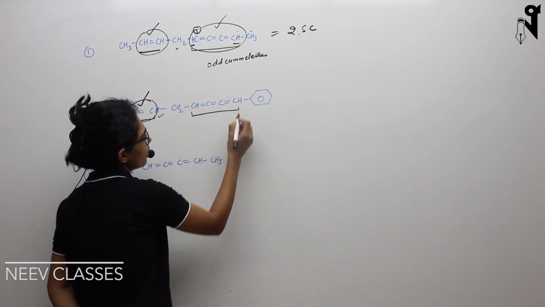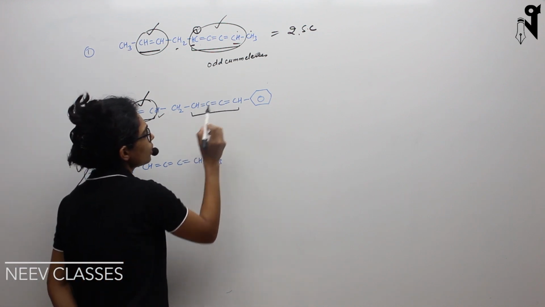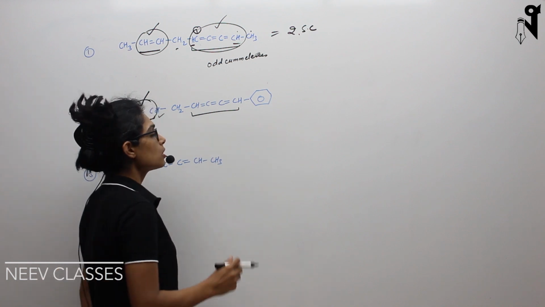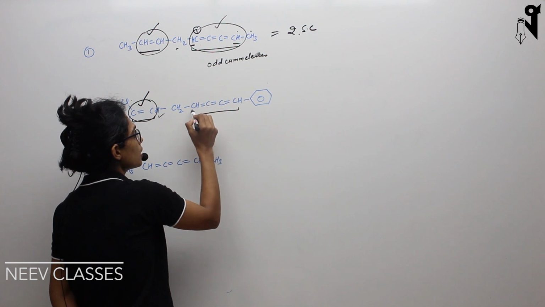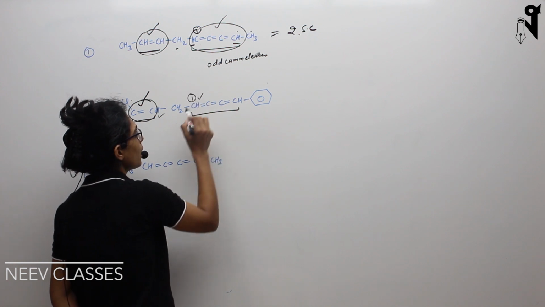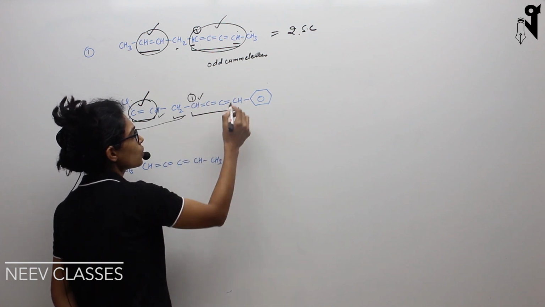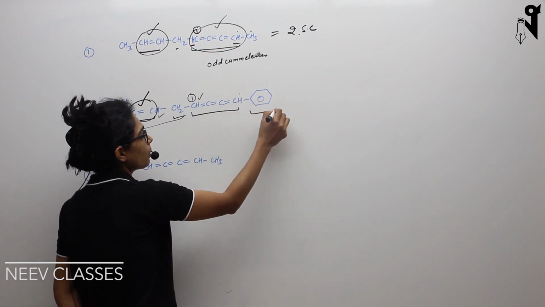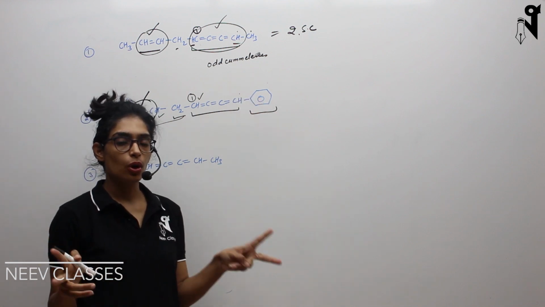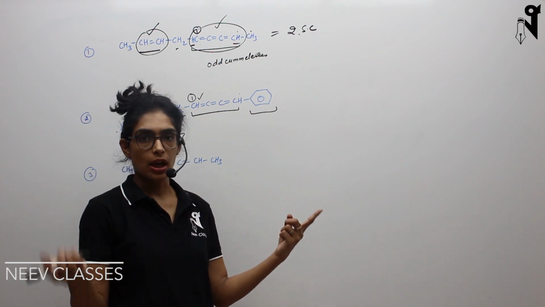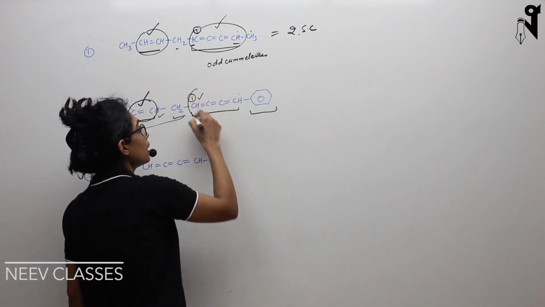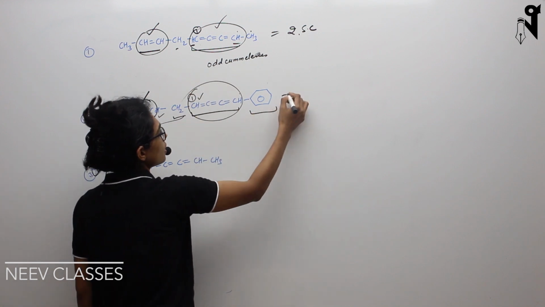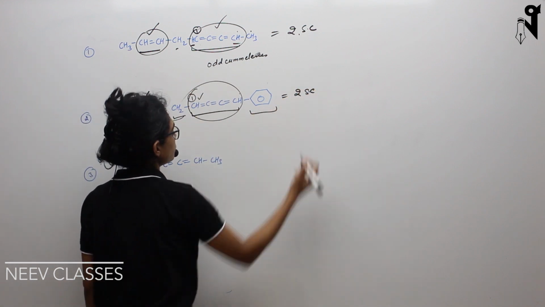So this seems like a cumulene. I have 1, 2, 3 pi bonds, an odd cumulene. Now I have to check whether it has two different attachments or not. This is the first carbon. It has one hydrogen, and the other is CH2 and the rest of the chain. This has one hydrogen and one benzene. So basically two different groups on each carbon, the first and the last one. We can see cis and trans with respect to the hydrogen over here, and this will also show GI. So basically two stereo centers.